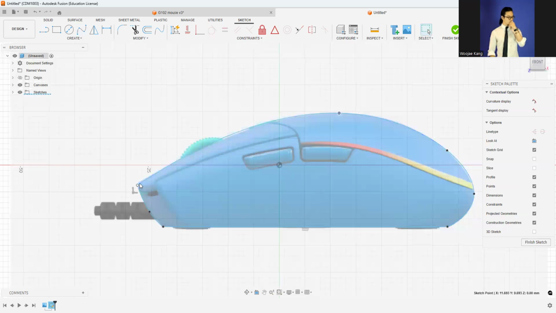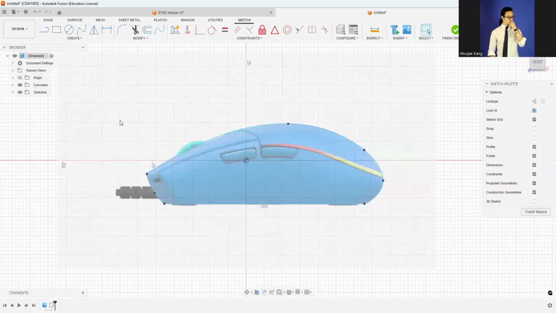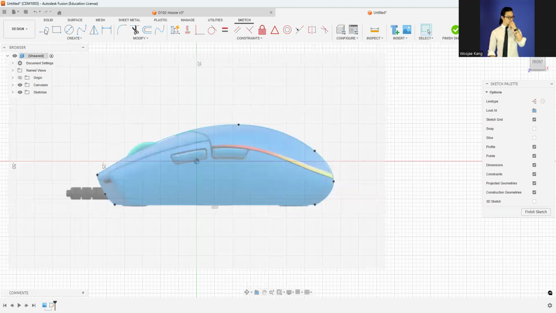Okay, like this. One of the important things here is that first you need to draw the longest line